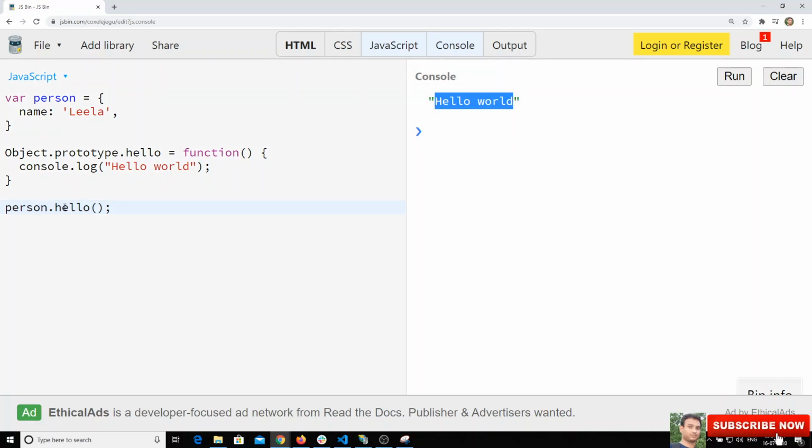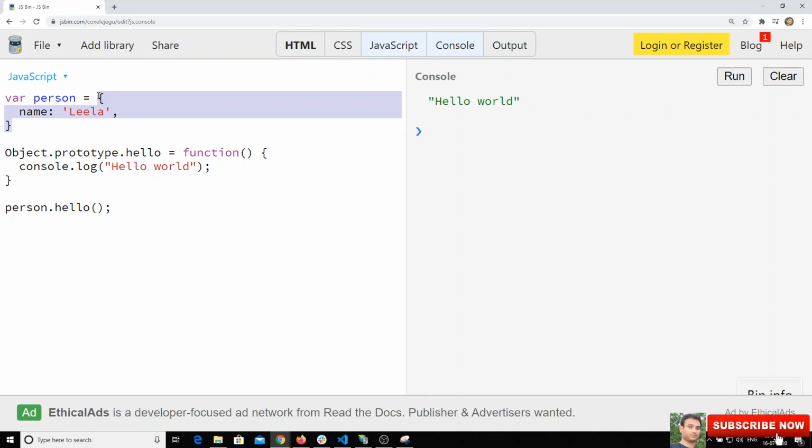That means the hello property is not present in the person, but it is present in the object, which is actually the global object. This has the prototype hello. The same scenario applies to toString, which is implemented in the global object. So for person.hello, first it checks whether the hello method is present inside this object.